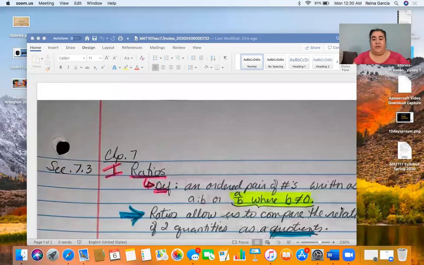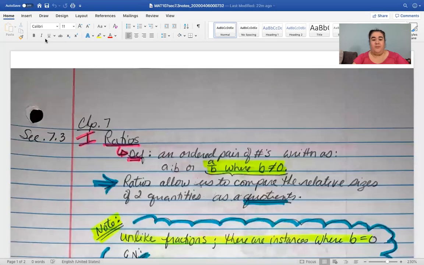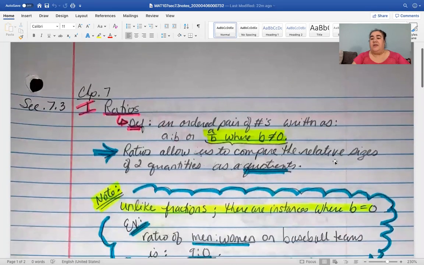So I'm going to go ahead and share my screen with you now so that you can see the notes. Okay, let's get that on big screen for you. There we go. So as you can see here, we are starting section 7.3 in chapter 7 with a discussion